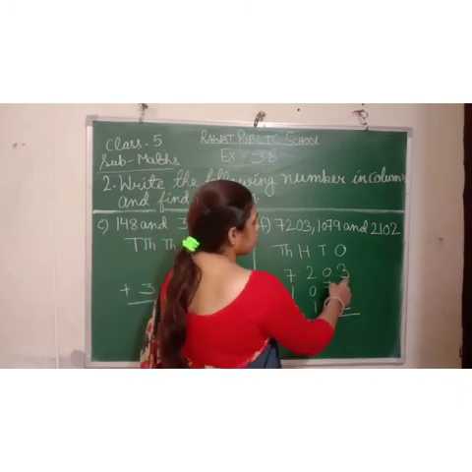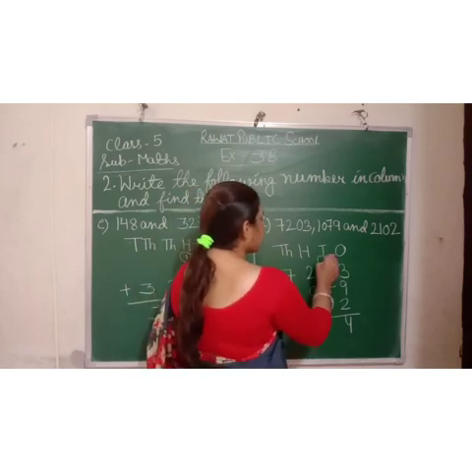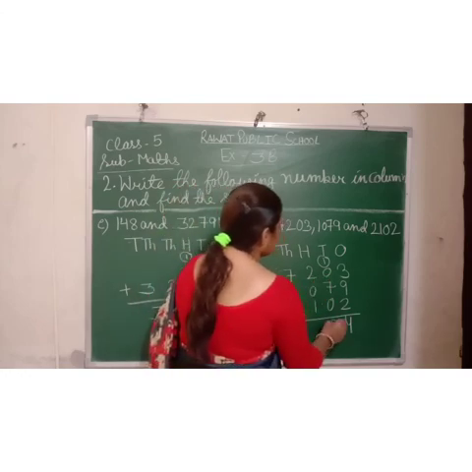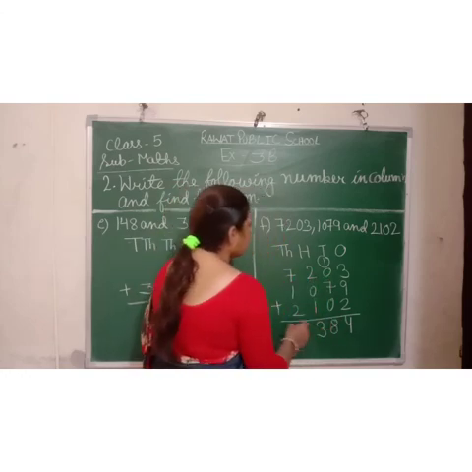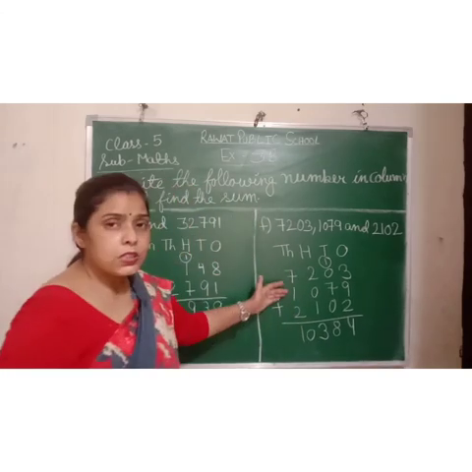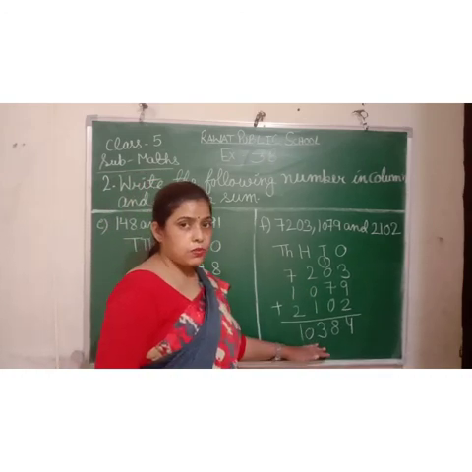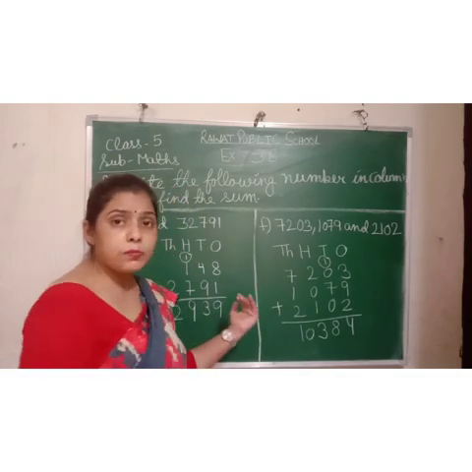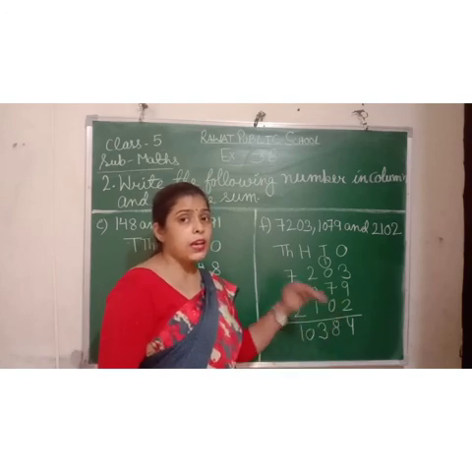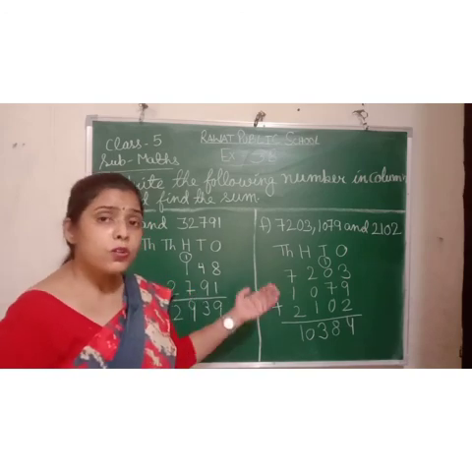Okay, 9 and 3 is 12, 2 is 14, 4 will be there, 1 will be carried forward to the next number. Okay, and 7 and 1 is 8, 2 and 1 will be 3, 7 and 1 is 8 and 2 is 10. Because no other number is ahead here, we will write down 10. Okay, there will be no carry forward. Okay students, I hope you must have understood. You will do all questions like this.